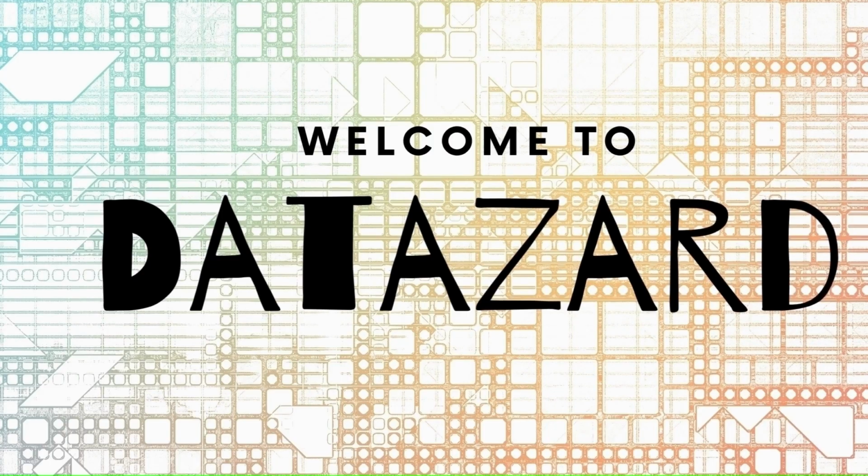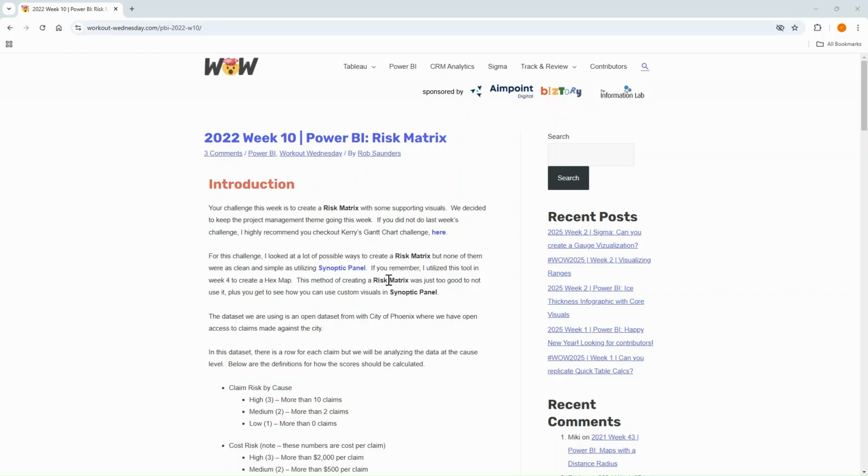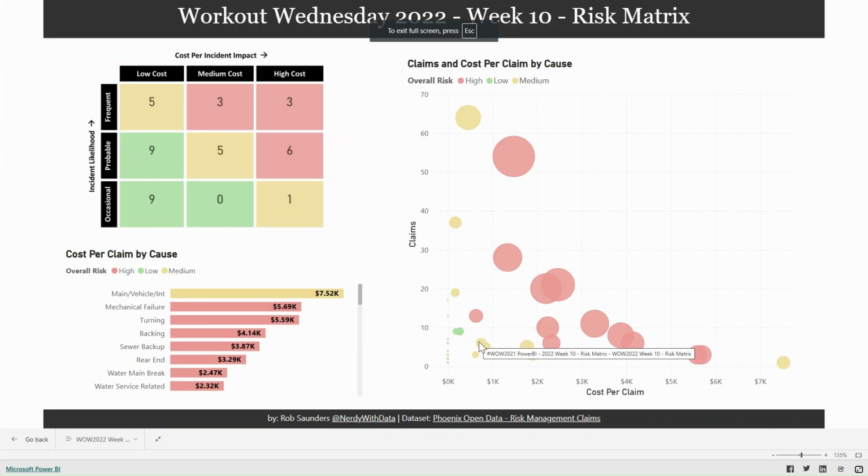Today we are going to be solving Workout Wednesday 2022 Week 10 challenge, which is around creating a risk matrix